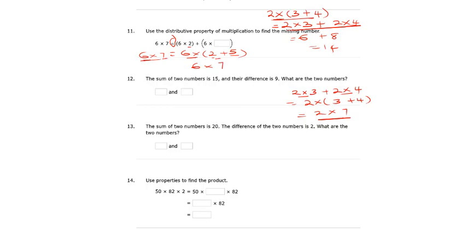Is that clear? So that is what we mean by that. So it means 5 is what is missing here. 5 is what is missing. The next